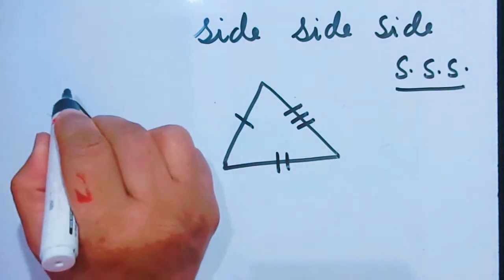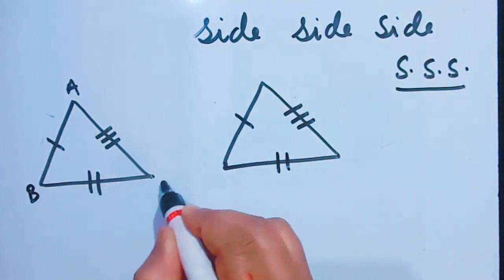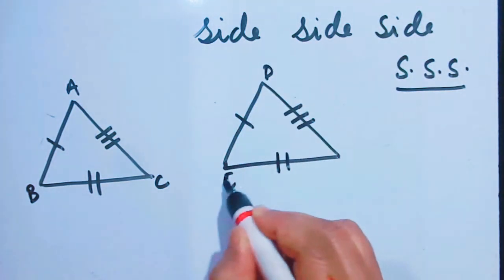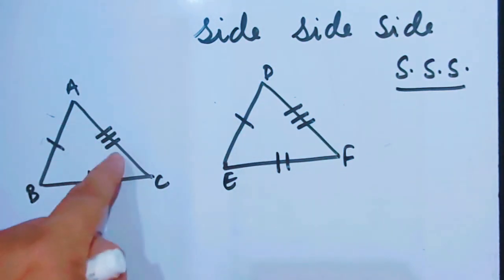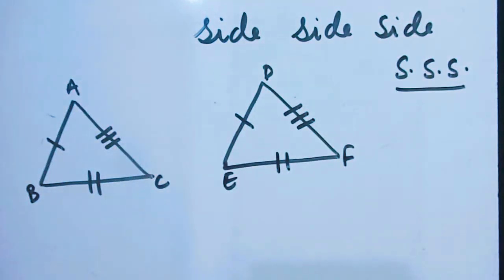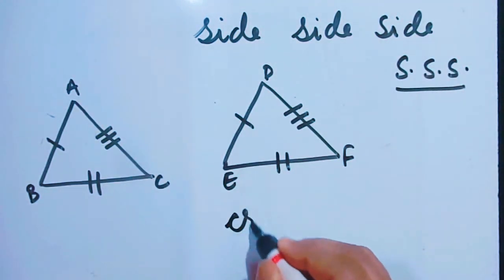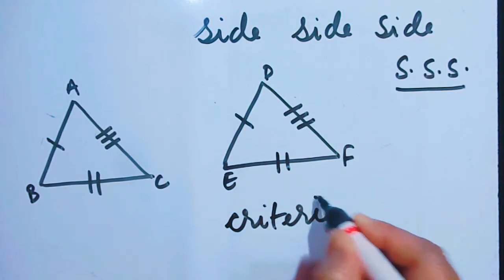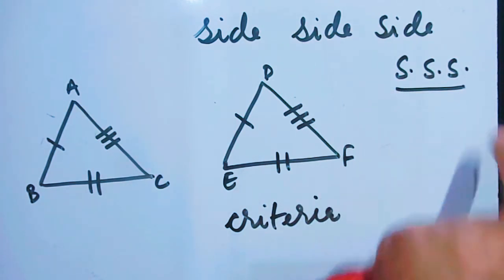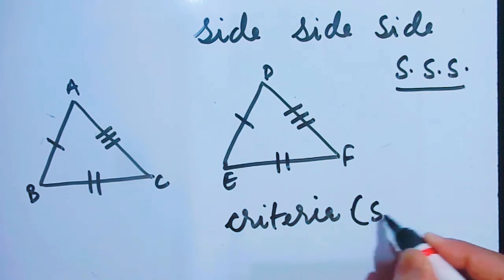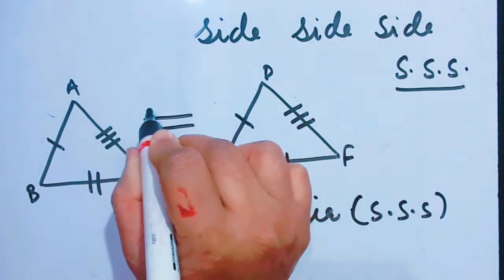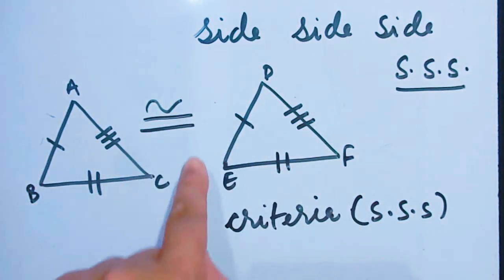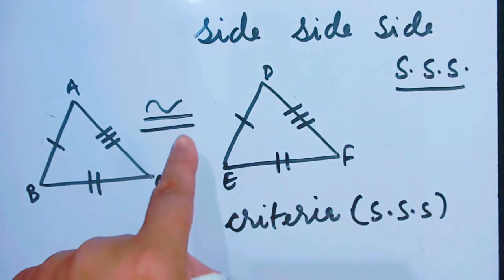Here they have given you, for example, if we take ABC and DEF, then if AB is equal to DE and BC is equal to EF and AC is equal to DF, then with the criteria, criteria means on the basis of SSS, we say that the two triangles are congruent. Once again, let us look at the symbol of congruent. Congruent here means equal in all respect.